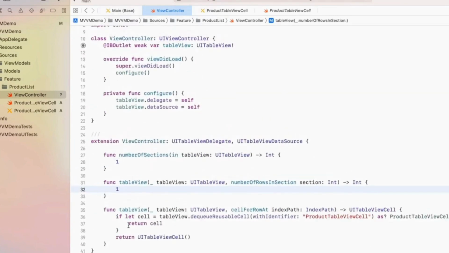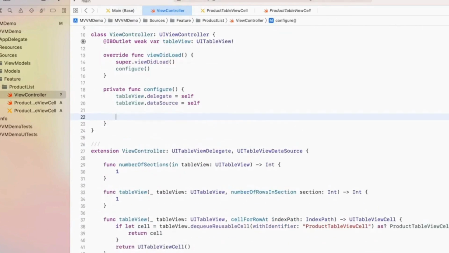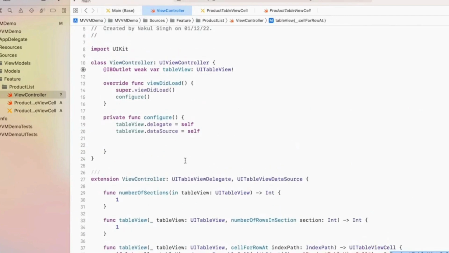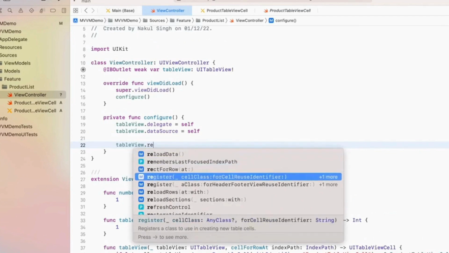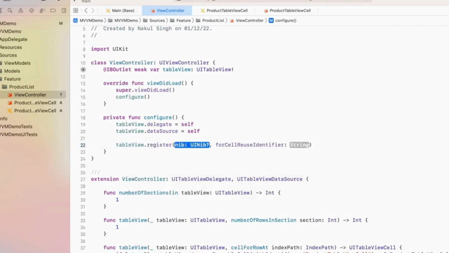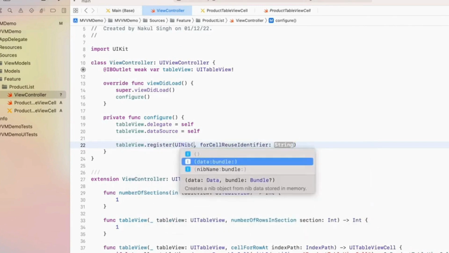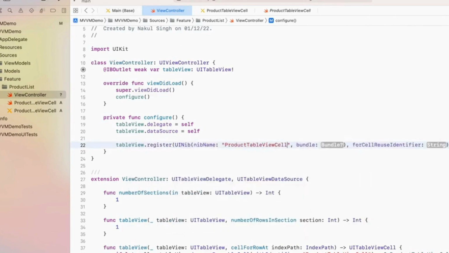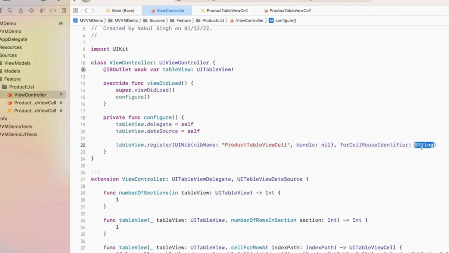If your application is not able to find this type of cell, then we will return the default table view cell, so our application will not crash anymore. And one more thing, one method I have not used yet: number of rows in section will be 1, and the cells in your rows will be whatever we are going to get from the response. So now I am taking 1. We will change this once we pass the data from the API, which we will implement in the video. So we have set up the table view